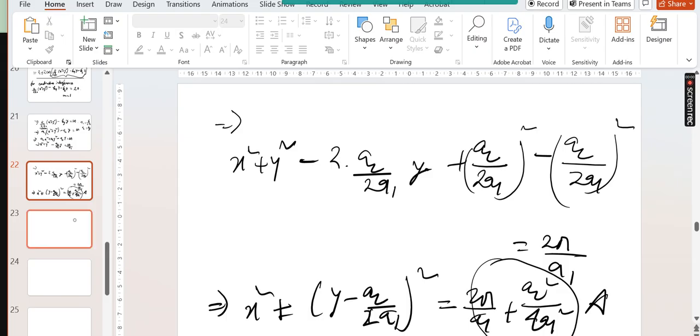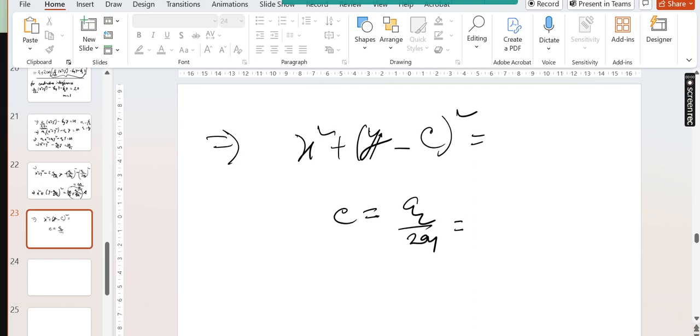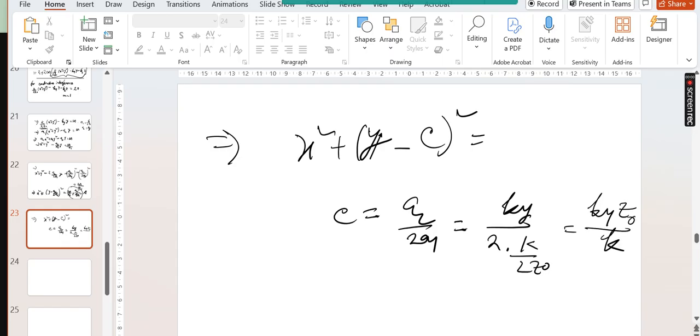So we got the equation x squared plus y minus c whole square, where c is basically a2 by 2a1. a2 is k y, 2a1 is 2k by 2z naught. So basically it is k y z naught by k, which is c. So basically it is a circle with radius